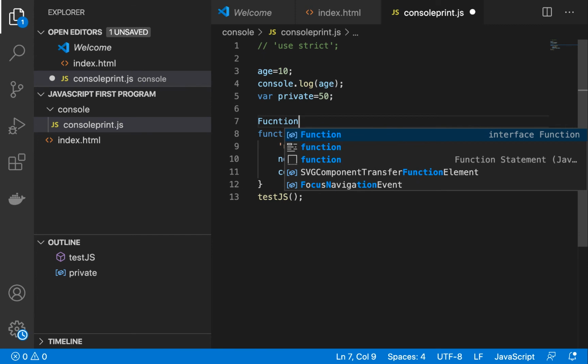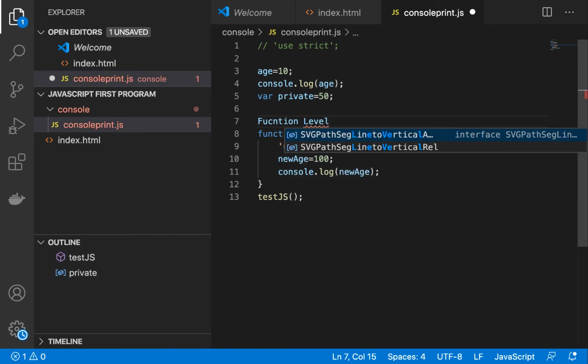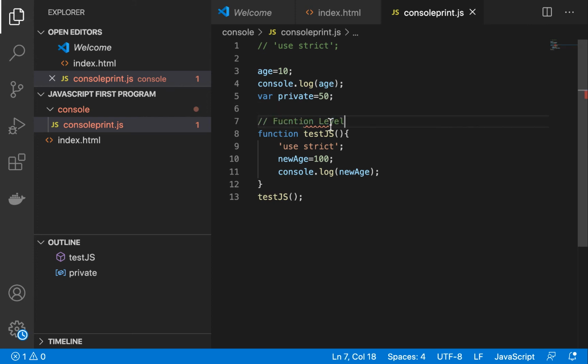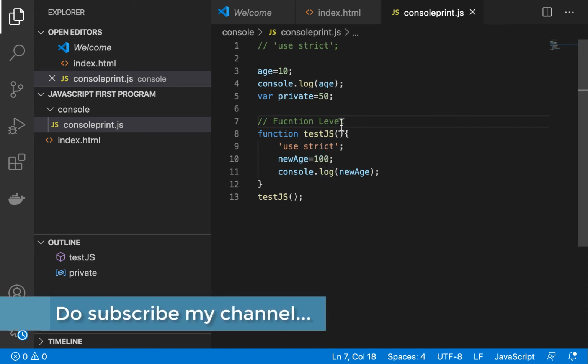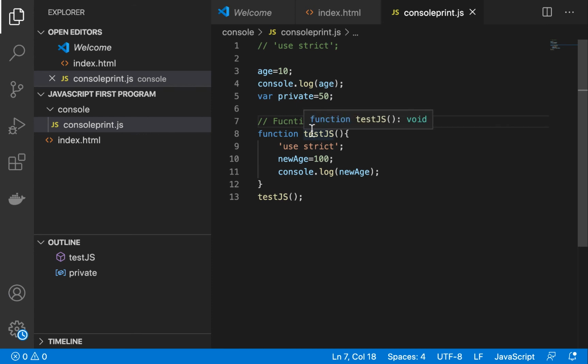So that's why we say we have two ways of defining it: on the function level as well as on the file level. That's how we can use it. This is all about how we can use strict mode in different ways, on the file as well as the function level. Also we have seen why exactly it is used and other things. Now we can use it in our day-to-day activity.